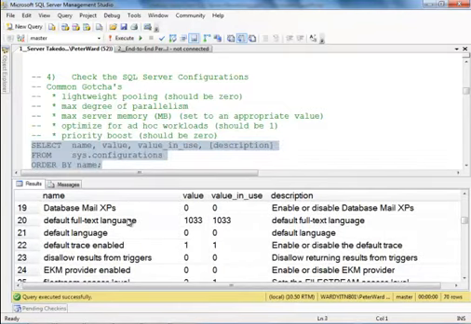Now there's a number of things that I look at straight away when I'm working with a customer. The first thing I want to look at is have they enabled lightweight pooling. It's a non-default option, but it causes significant performance issues around context switching with the CPU. I want to look and see if the max server memory has actually been set. So are we just going to give SQL Server everything, or how are we going to do this? Because we want to think about the way that we allocate memory.